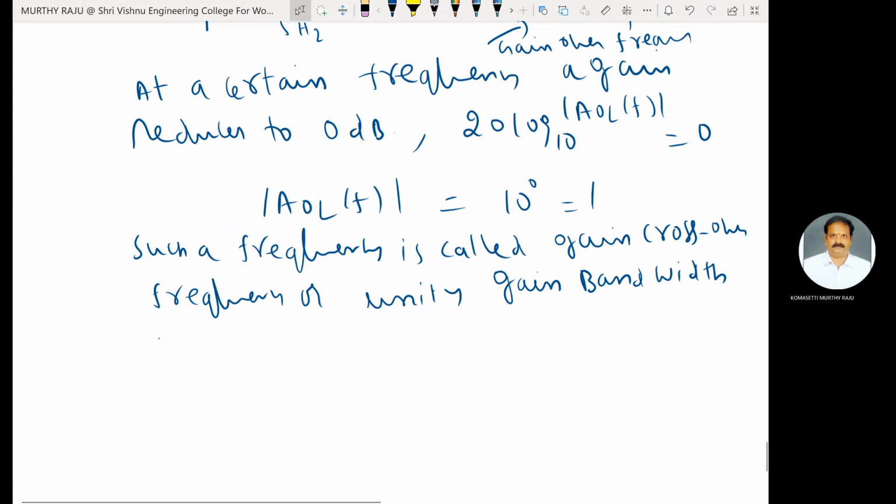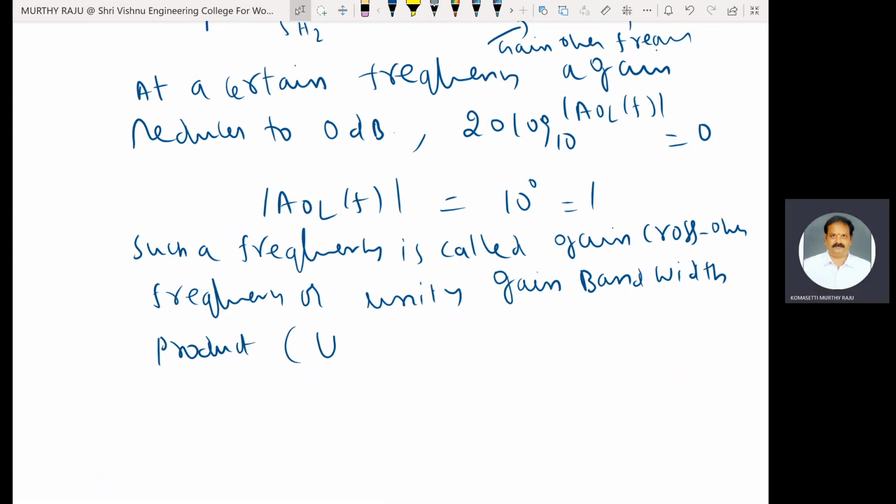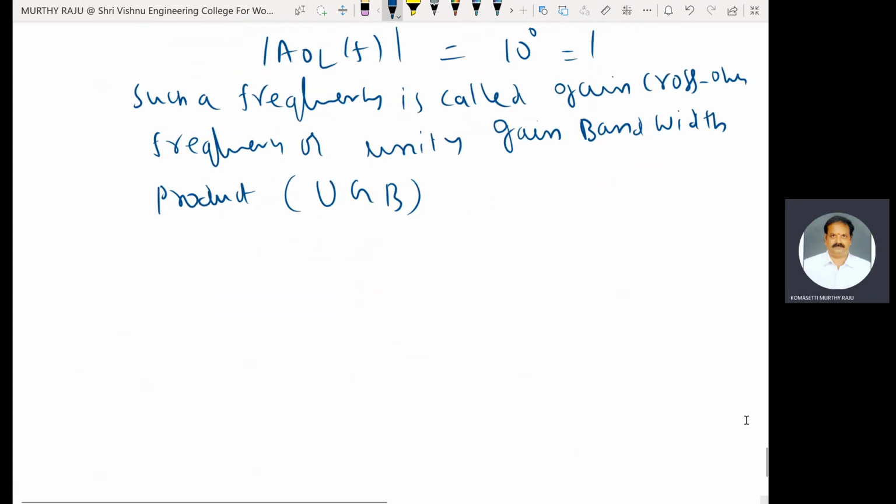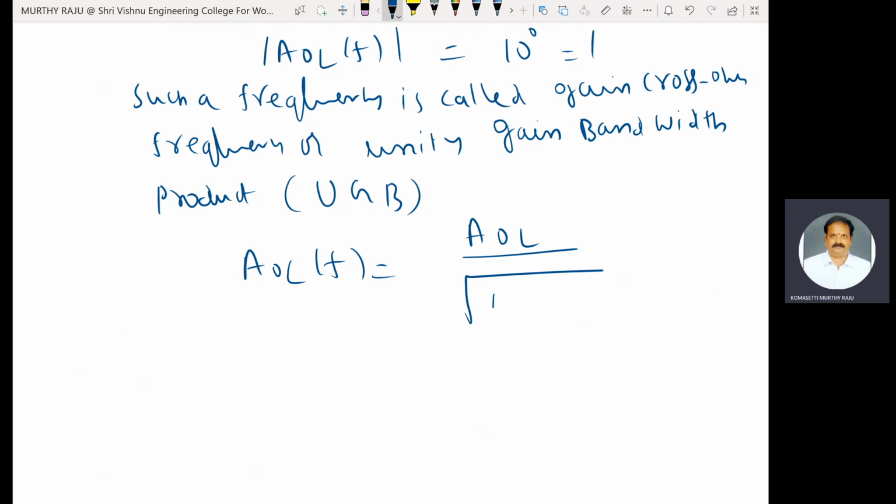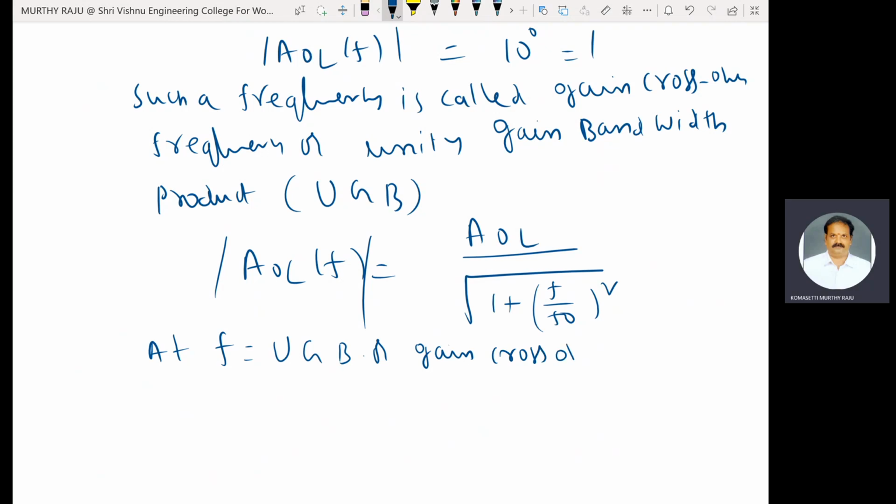Bandwidth product. That is represented by UGB. Find out that UGB value. AOL of F is equal to, we know the magnitude function, AOL by square root of 1 plus (F by F naught) whole square. At F equal to the unity gain bandwidth product, or gain crossover frequency,